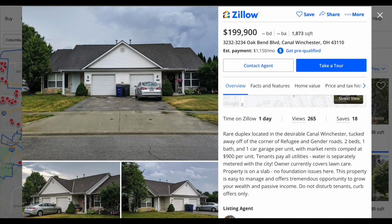With an FHA or a VA loan, you can purchase a 1 to 4 unit property, which means you can live in one of those units and rent out the others. Let's imagine that you found a property like this one in Columbus, Ohio. It's a duplex with 2 bedrooms, 1 bathroom on each side, and it's for sale for just under $200,000. If you were to put 3.5% down at a 4% interest rate, your monthly payment or your PITI would be